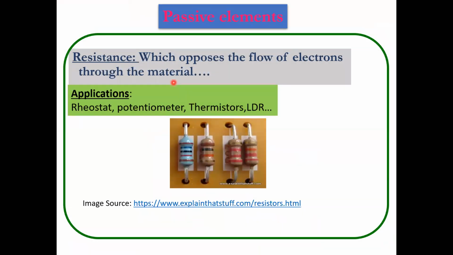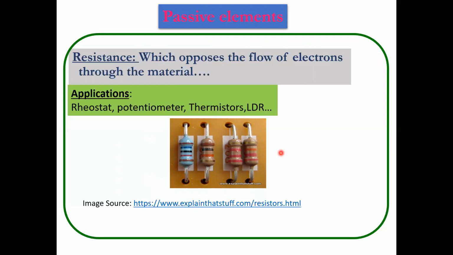Another one, yeah, general purpose. For the sake of generality, I'd like to discuss some other points here. Resistance is a property which opposes the flow of electrons through the material. We regularly use rheostats in laboratory work. By rheostats, we can vary the resistance. A potentiometer is the same; by varying the resistance, we can adjust it in the laboratory. Thermistors, and LDR, which stands for light dependent resistor, are different categories. We can use them in many applications. These are the figures. We can observe a resistor like this in the laboratory, and it has color coding. Depending on this color coding, we get the resistance value.